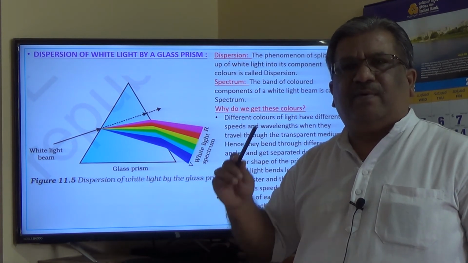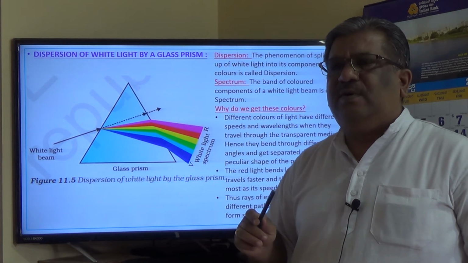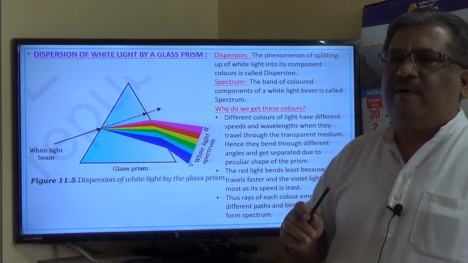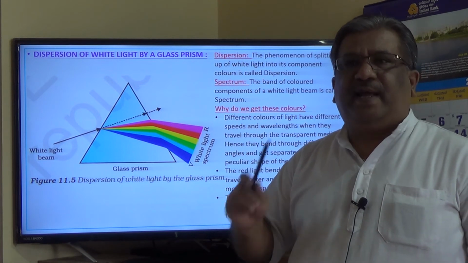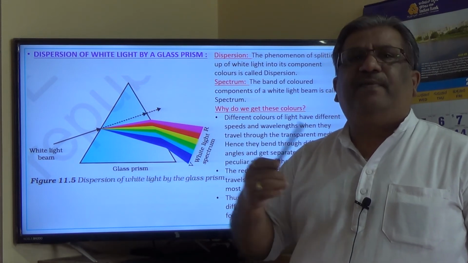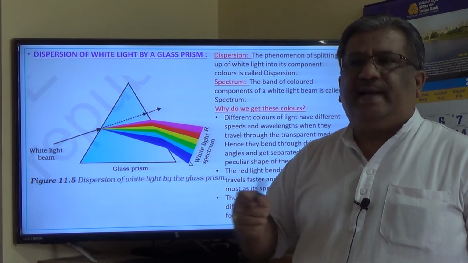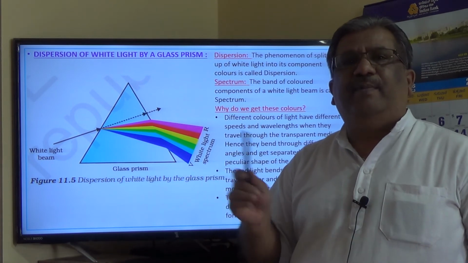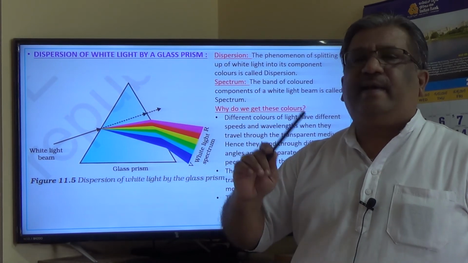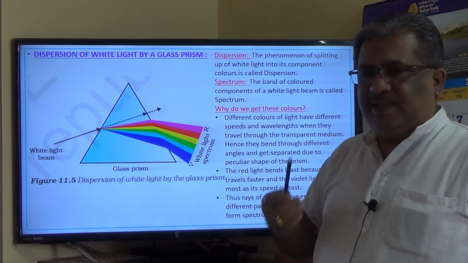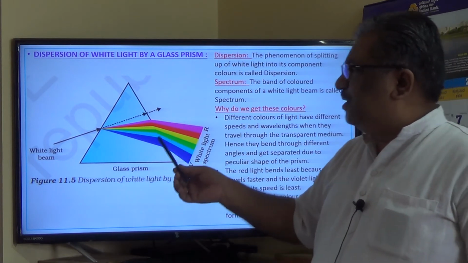To some extent we have understood, and also light is in the form of an electromagnetic wave. The propagation of light is in the form of electromagnetic waves. The electric field and magnetic field are mutually perpendicular, and those are in turn mutually perpendicular to the direction of propagation of the light. All that is a different thing. So we should just know that